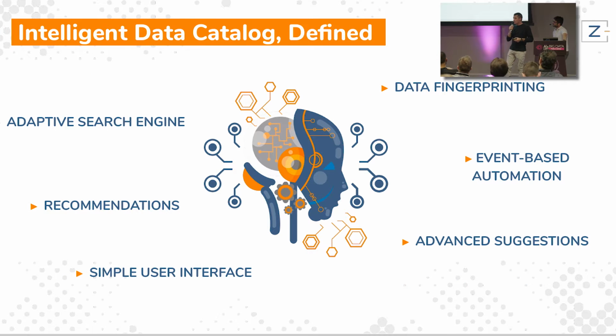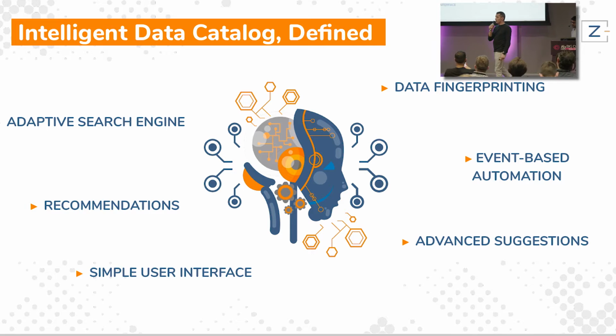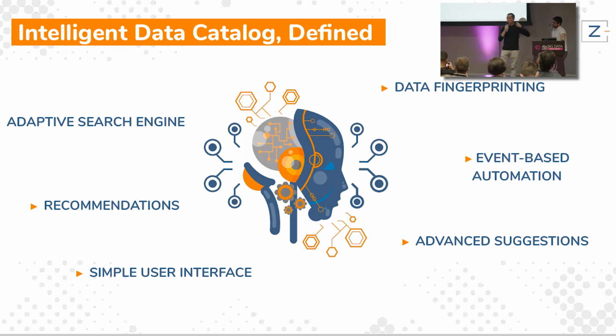A little bit more about the smart part. So most of the smartness relies on what we call data fingerprinting. So what we do is that while we scan the data storage, we also scan the data, so we can compute a set of features on top of the data. So we can build what we call a fingerprint. So that's more as data science on top of the data sets. So we have 30 or 35 computation that we make on the data.